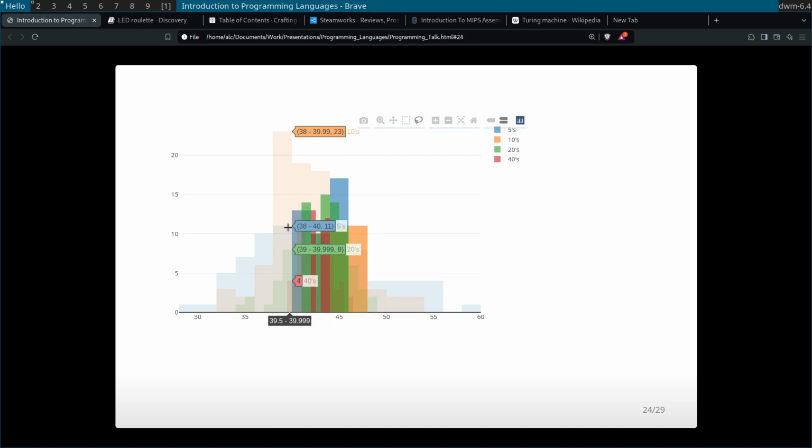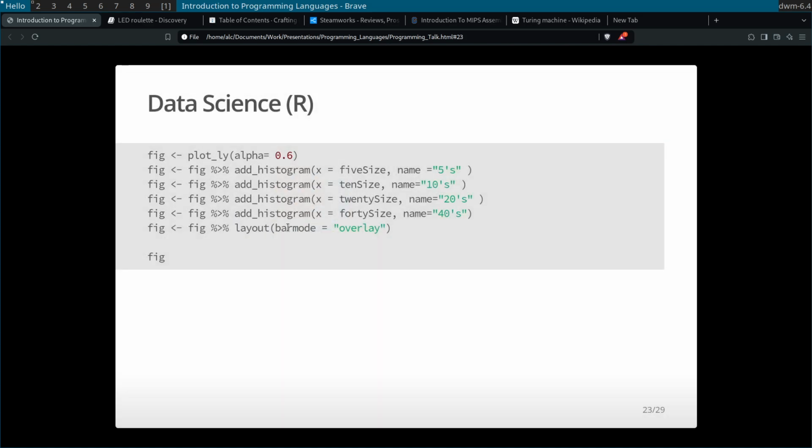So really easy to do in R, because R was built for data science. It was built for statistics. So it's cool that it has all this stuff, not necessarily baked in, but it's very easy to do with the tools that are idiomatic to use in R. You can build histograms in just plain old R, but this is kind of a nice feature.